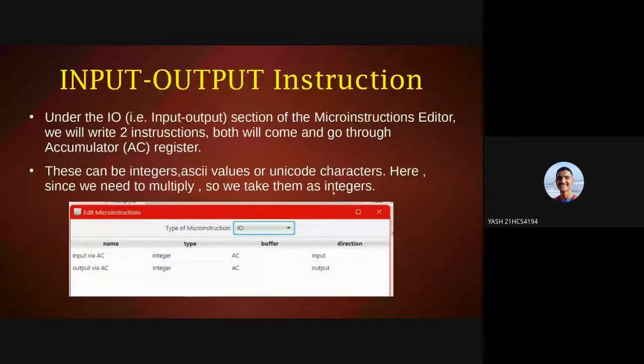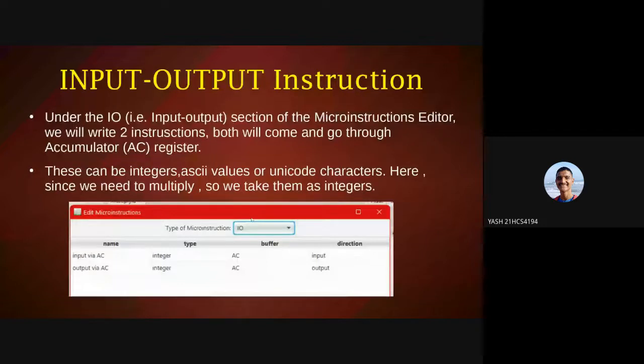So input will be taken as an integer, through the buffer, that is the accumulator register, and the direction will be input. Similarly for output, it will be given through the buffer, that is the AC register, in the opposite direction. So input output commands, that is IO commands, are defined like this.